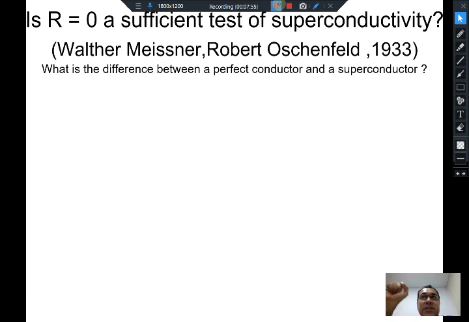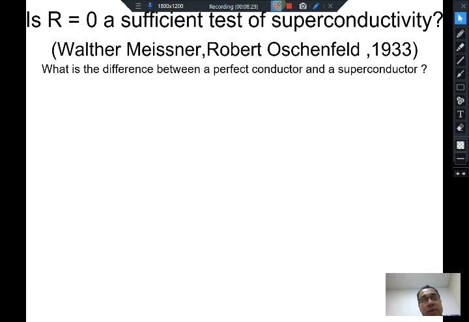The resolution of this question was given by this particular experiment, the Meissner effect. This effect illustrated the difference between a perfect conductor and a superconductor. So let's get into that.